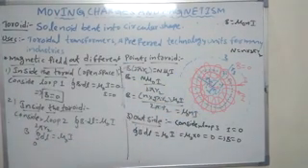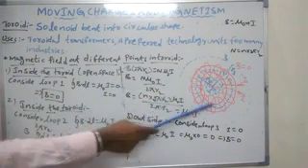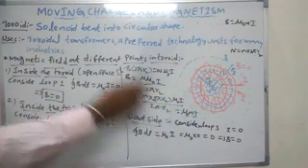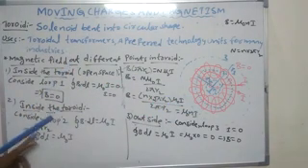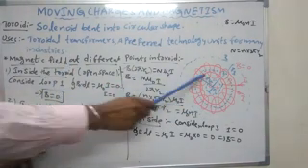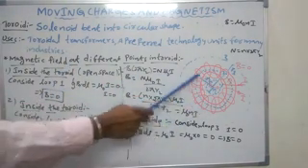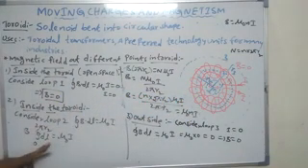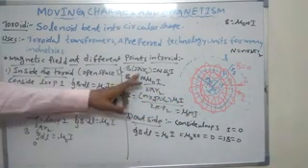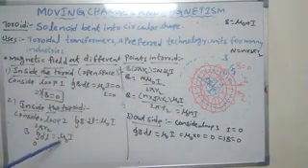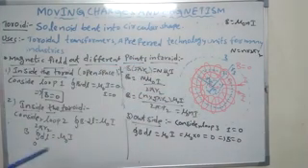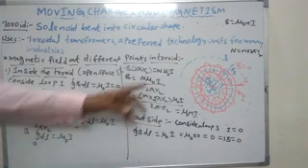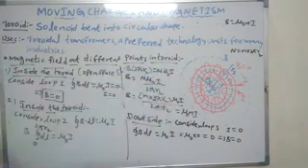Then mu naught into I. Only one part, this much part means that the complete current is enclosed by it. So mu naught into I. Then B into the closed line integral of dl, which is the complete length of the circumference of this circular shape, how much is it? 2 pi R2. This is for one turn. How many turns does it contain? The toroid contains N turns, so it is N into mu naught into I.